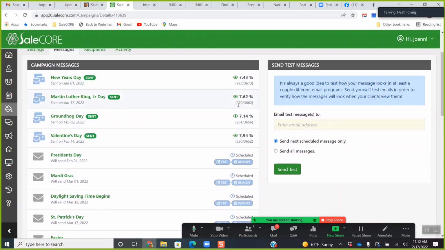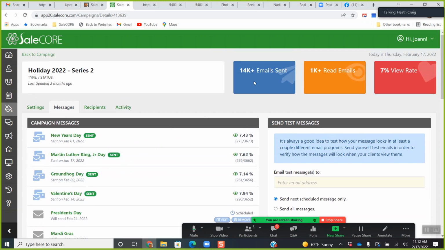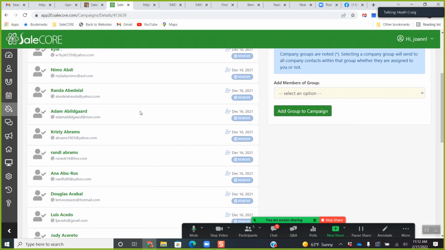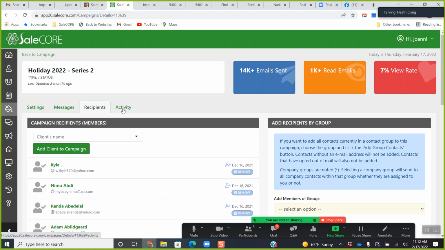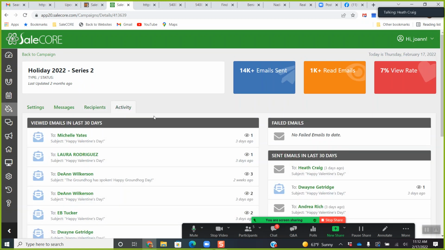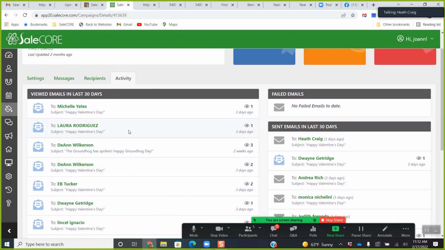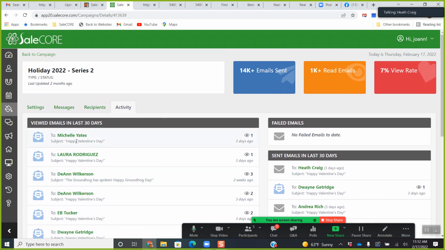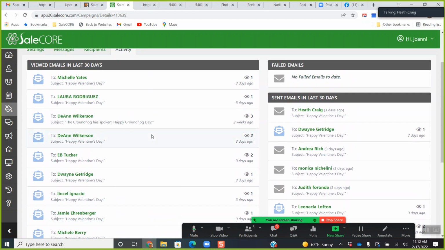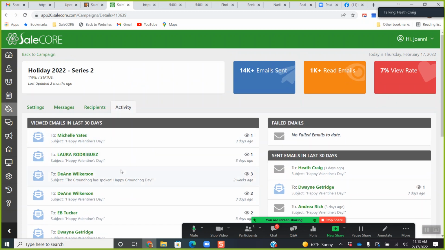You can see the views, who's viewing them, who's not, what the view percentages are. I can see the recipients that it is being sent out to, and I can see the actual view activity of the campaigns. Okay, remember when I was showing you on the dashboard as well, right, that I can see who's viewing them, when they're viewing them, and instantly when they're viewing them. Okay, so again, this gives me visibility into each one of my clients, what they're viewing, what they're not viewing,